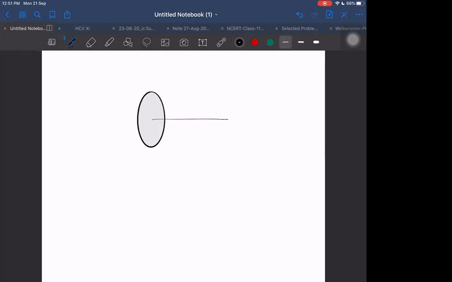For the disk, I want to find the field at a point P here. The disk is of uniform density sigma. What will be the field at point P? It will be towards the center. Let us take a small element here on the disk. Then I know the field will be towards this element, let us call it dE. But overall the field will be along the center only, perpendicular to the disk, towards the center. So the downward components will get cancelled.